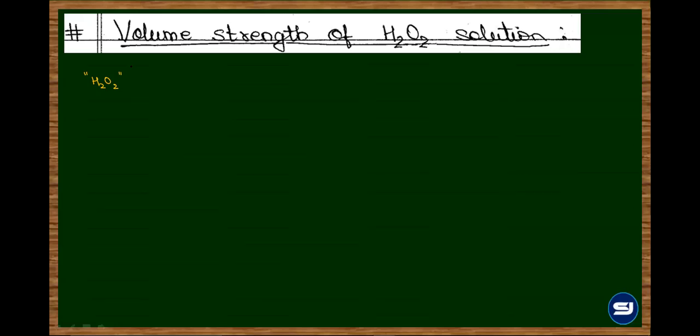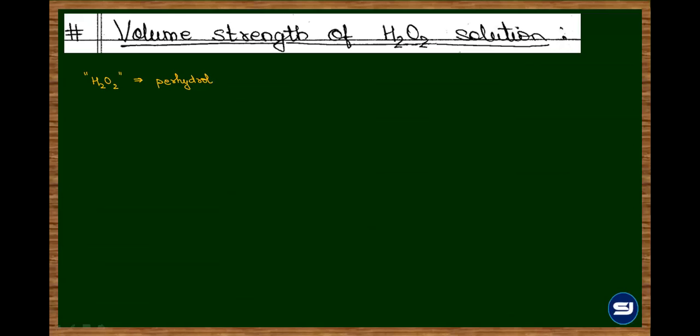Oxygen. Since it is giving oxygen, it can give O2 or nascent oxygen. That depends on the condition under which you are breaking down the peroxide compound. But it's a rich source of oxygen. That is why it is a good oxidizing agent, and it can also be used as a bleaching agent. It's used as a mild antiseptic, and the commercial name of hydrogen peroxide is perhydrol.